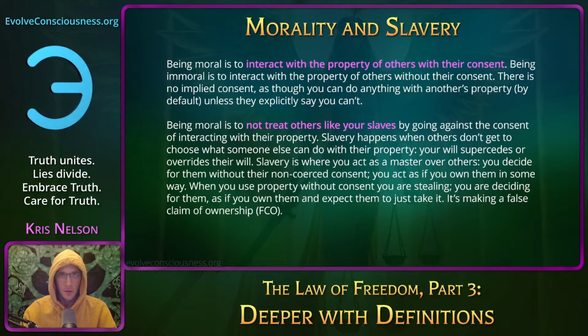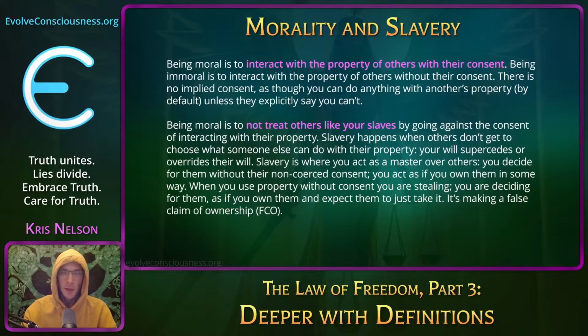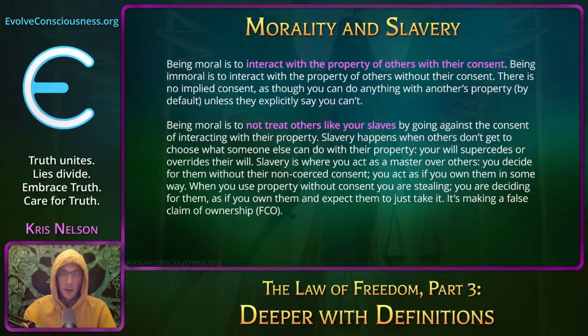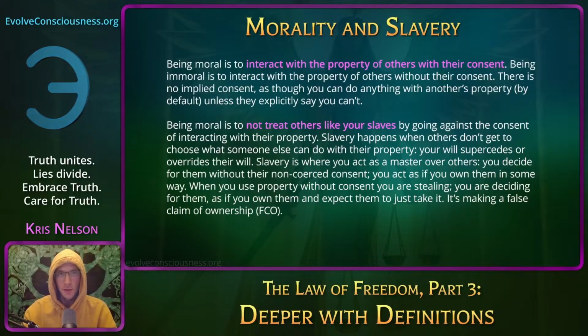So you might have the idea, it's been said that the manipulators, the controllers, dark occultists, the evil ones, the hidden hand, whatever, they're doing immoral things, and some may view that as, they're allowed to do it because we're not saying no. That's just their perception of it. It doesn't matter if you don't say no. If it's someone else's property, it's not automatically that you can do anything you want with their property unless they explicitly say no. That's not how it works. The default is, no, you can't do anything you want with another person's property, another being's property. By default, you can't.